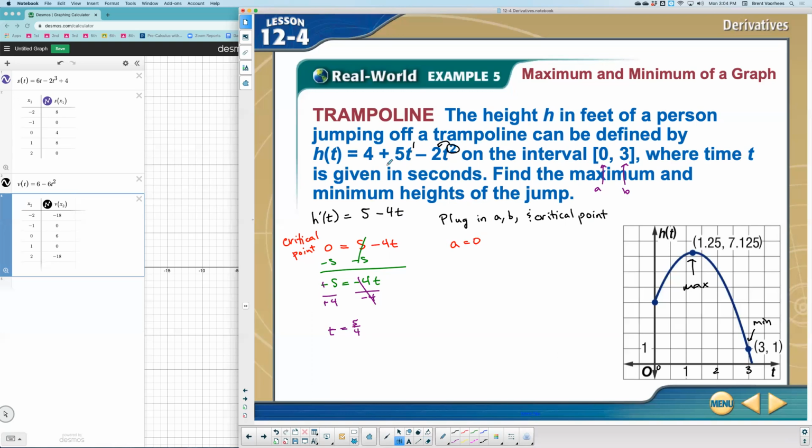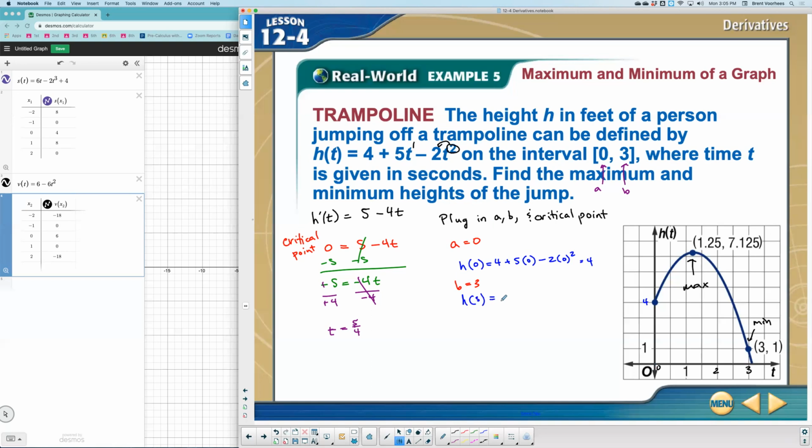So now when I plug this into the equation, we want to find the maximum and minimum height, so I'm plugging it into the original function h. So I'd have h of 0 will equal 4 plus 5 times 0 to the first minus 2 times 0 squared. Multiplying by 0 is always going to be 0, so that's 0, that's 0. We have a height of 4. Notice this height is 4 at 0 seconds. Okay, now I would plug in the b value, which b is 3. So let's plug that in. h